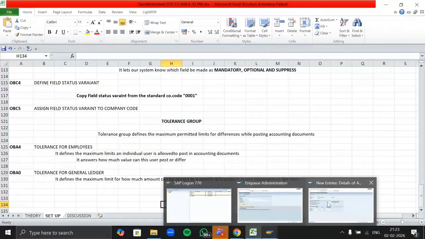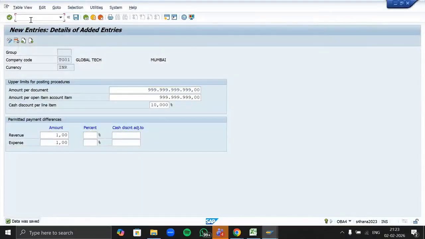So let's go to OBA0. But now when you check, the screen will look something else.